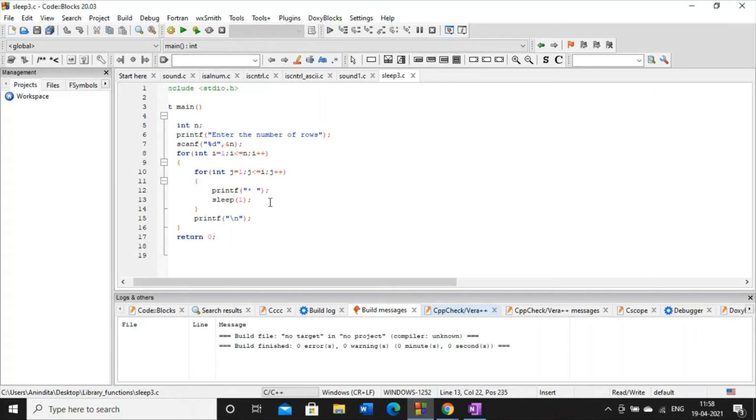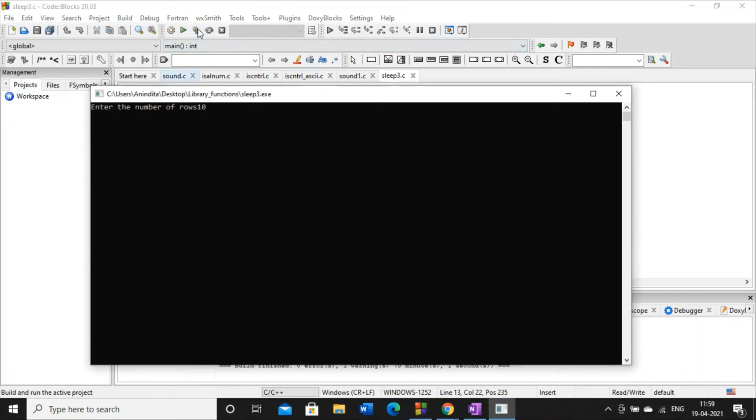Now see how this sleep function will work here. I need 10 rows. And due to the sleep function, I am getting an animation. Whenever each star is printed, in between them I have a 1 second gap due to the sleep function. As a result, it is creating a specific animation.